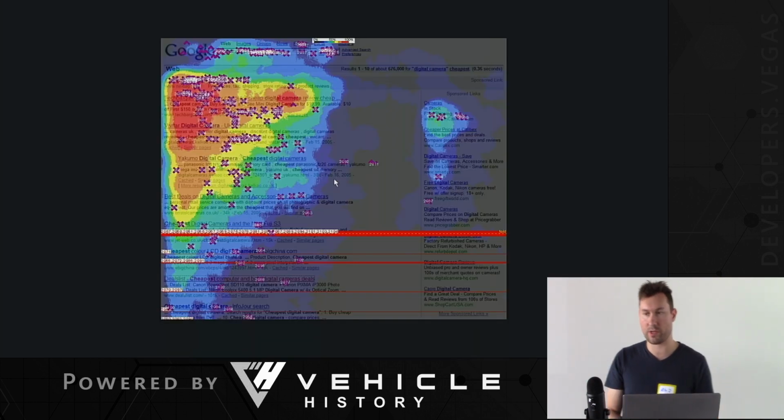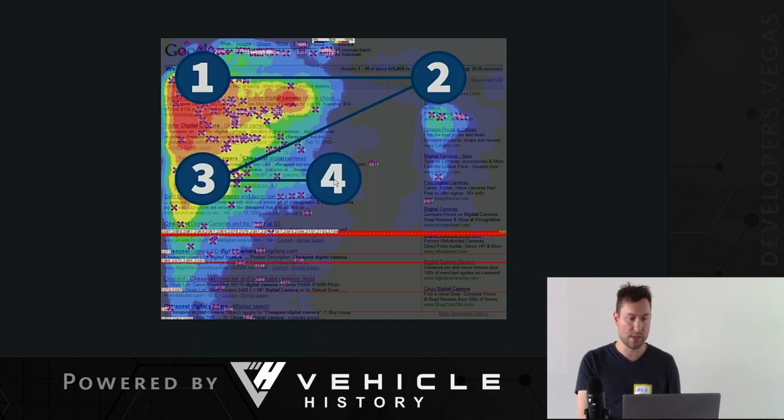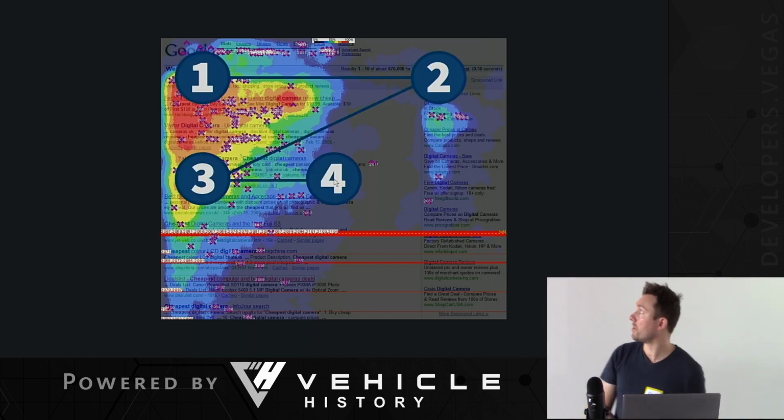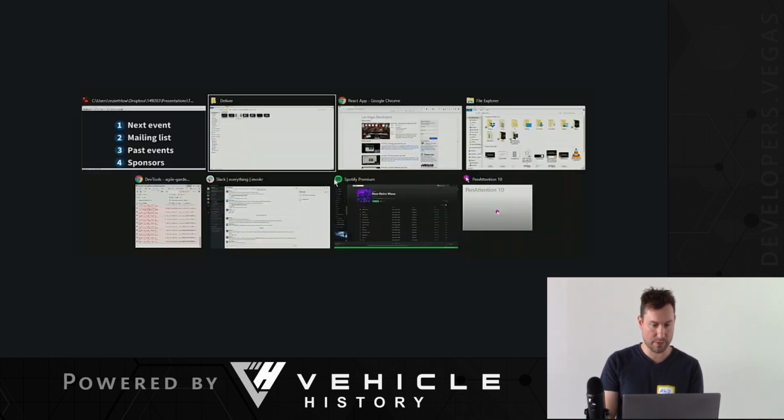And I'm actually going to use a little bit of user experience science. And this is called the golden triangle. It's also called an F pattern. And if you think about reading from left to right, zigzagging down, it's also called a Z pattern. So if you lay out your website like this, you know that this is actually a heat map of eyeballs when people first look at a website, and this is where you should put the important information in that golden triangle. So it corresponds to that 1, 2, 3, 4, and so those 4 things I'm going to lay out just like that. So here's the new website,